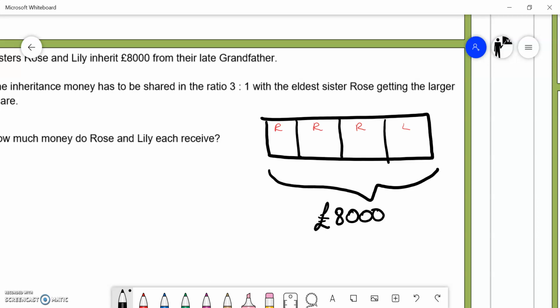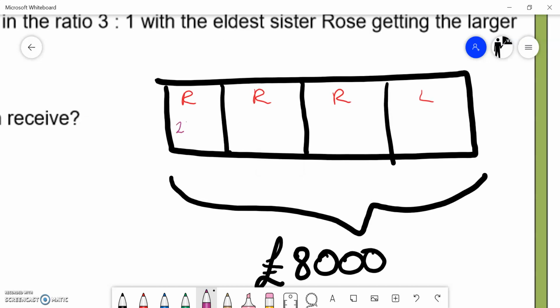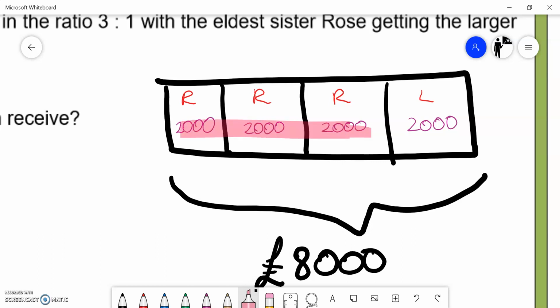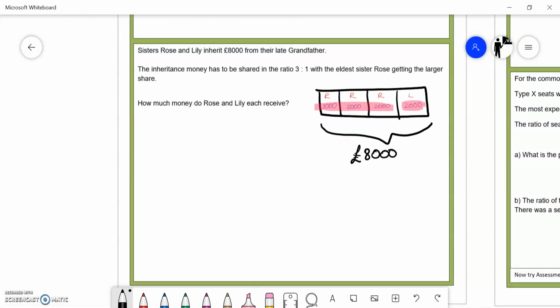And hopefully you can see that that £8,000 is being shared between 4 equal parts. So if we do 8,000 divided by 4, we're going to get 2,000 into each section. So if we need to figure out how much does each person get, well, Rose will get 3 lots of 2,000, 6,000, and Lily will get 2,000. So we can think about this with a bar model. More generally, however,